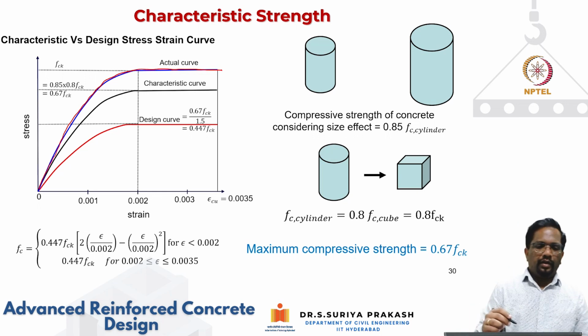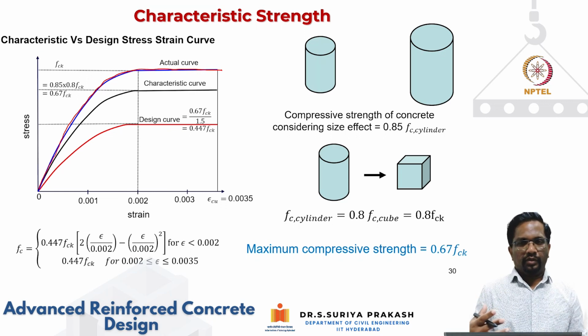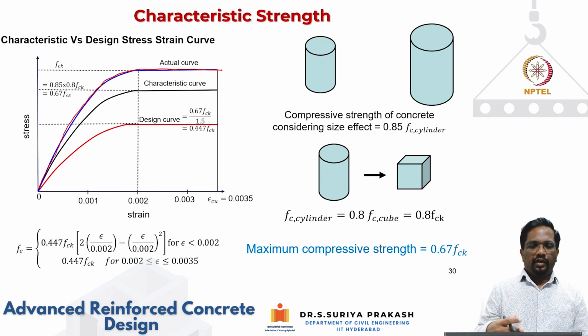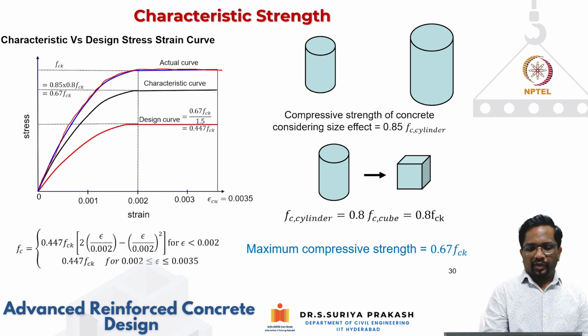Now again, what the code is saying is, okay, we are getting this FCK value by testing cubes, but cube is not the actual material property value. Actually, the cylinder represents the actual material property value. So code is saying that no, you multiply this by 0.8 to convert it into cylinder strength. That is one we are doing. And another factor that comes is